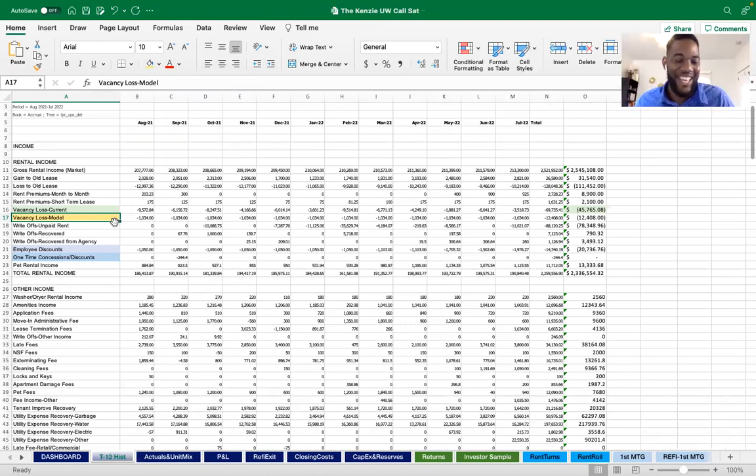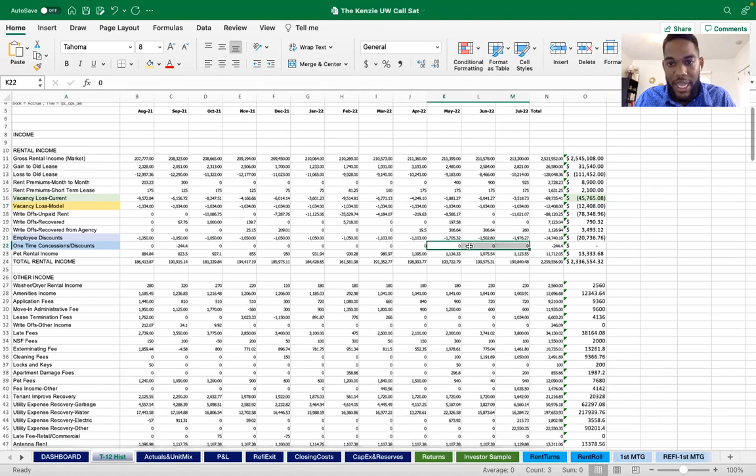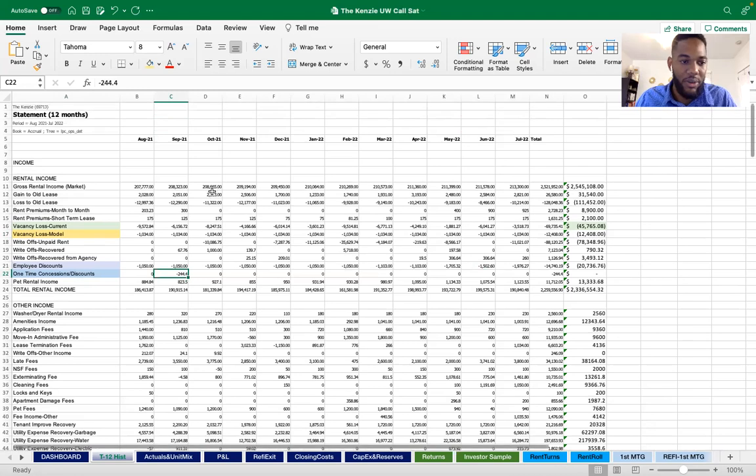But can you tell me why you didn't include line 22, because you highlighted that? So you see, we're doing income on a T3 annualized basis, and if you look at line item 22, you see these last 3 months, there's actually no income in the last 3 months. I get it. So I just wanted to leave that out. But if there was some income in these last 3 months, we'll go ahead and bulk that in concessions. But that negative number was in September, so we're just gonna leave it off.